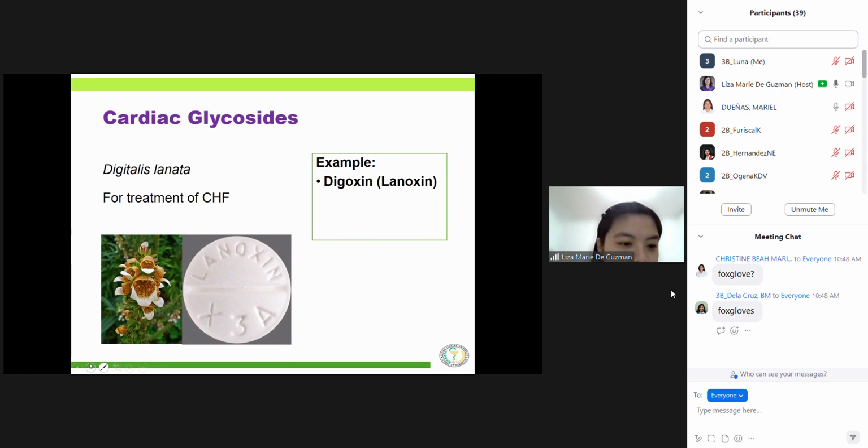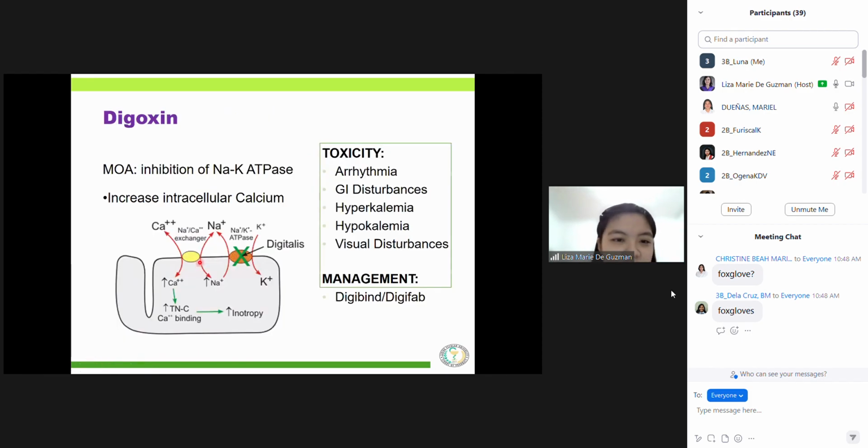Now, going to its mechanism of action, just a recall or review, but we will focus on the toxicity: it inhibits the sodium-potassium ATPase, which is a channel found within the cardiac cells or heart cells. So what is the function of this channel again? Sodium-potassium ATPase allows the entry of potassium ion and then allows the release of the sodium ion.